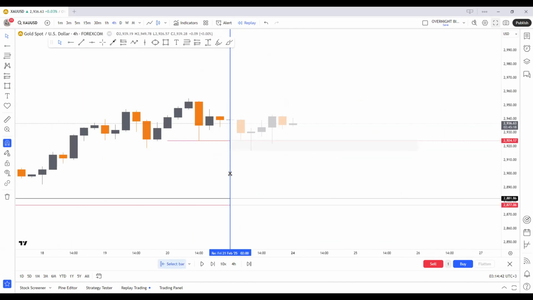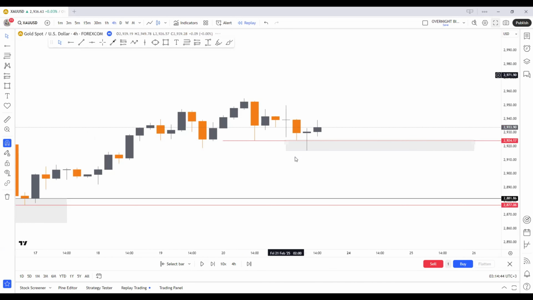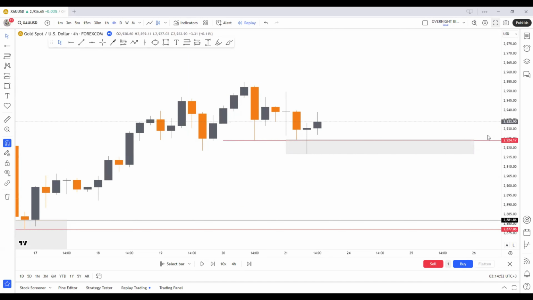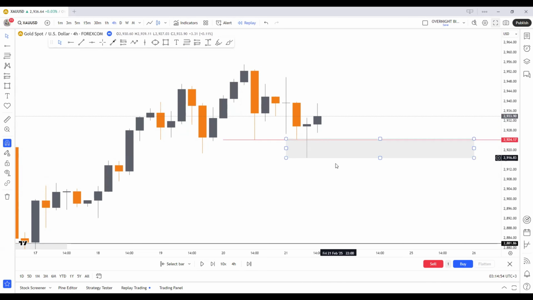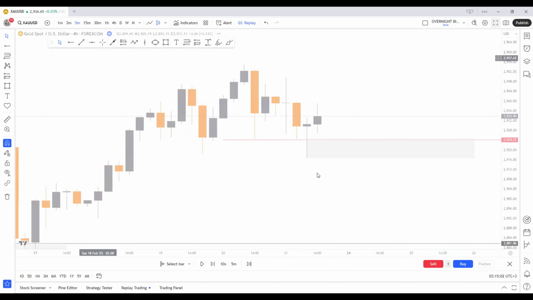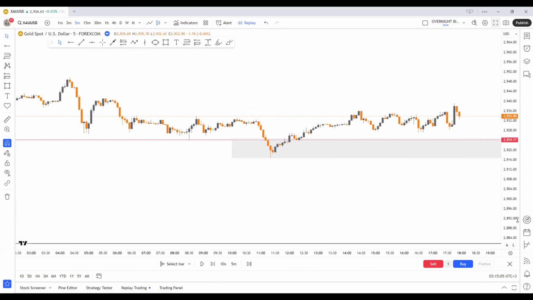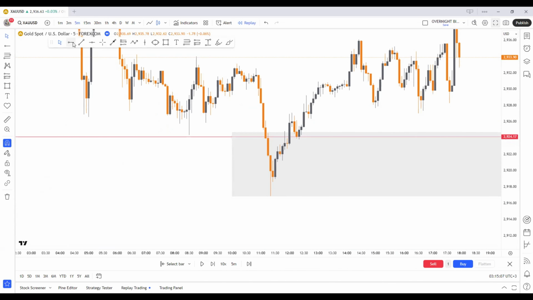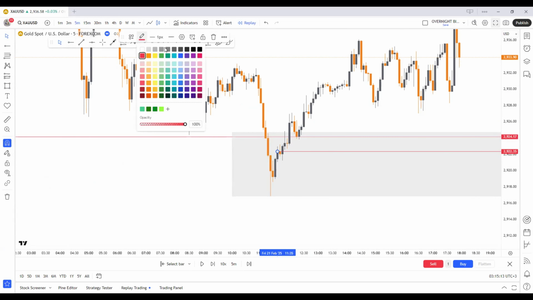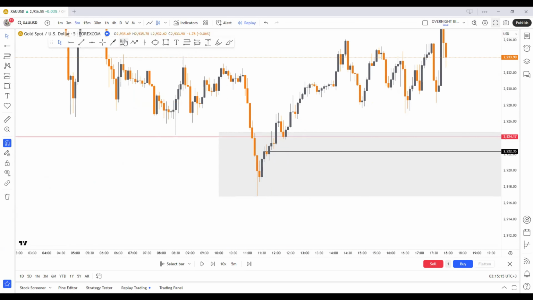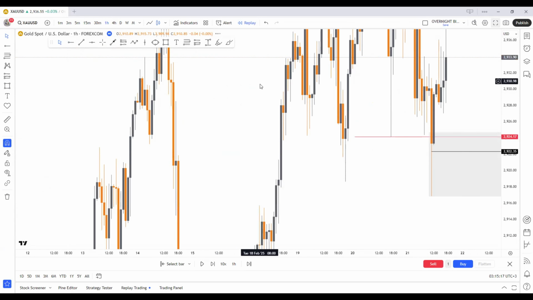But before going to 4 hours, we need to observe what we had here before. We see we had the rejection and the candle closed above, which means this was a good sign. We won't have any candle closing below if the candle closed above with a good and nice rejection at this point. So what we'll be doing, I guess it was 5 minutes, if not mistaken. Yeah, it was this area on 5 minutes that I considered before the market closure, almost like 6 hours before the closure of the market, if not 7 hours.